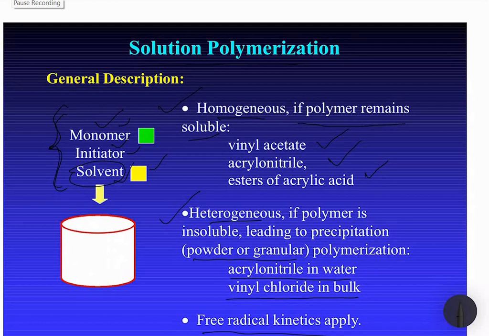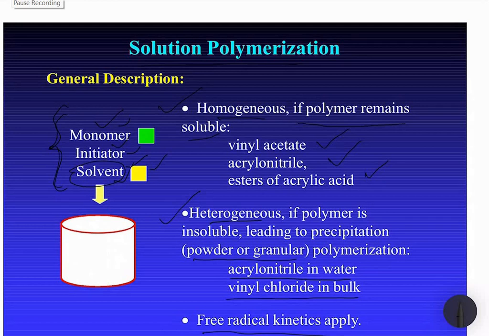The difference between these is the solvent that is being used in the system. If it is a solvent for both the monomer and the polymer which is being formed, then the system remains homogeneous, and there would be no phase separation. So these are the points of difference in a homogeneous solution polymerization technique,